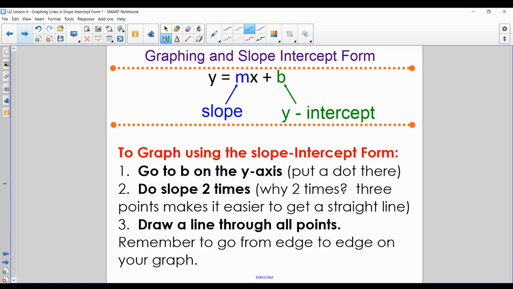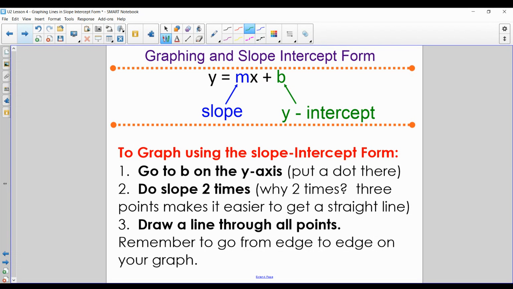We are graphing in the slope-intercept form. So we want to remember slope-intercept form is the one that has the slope and the y-intercept. So y equals mx plus b. I would pause the video here and make sure that when we're done talking about this, you write down this step by step. If we're graphing using the slope-intercept form,